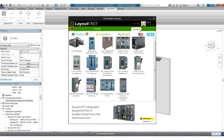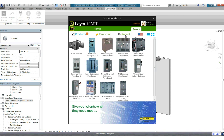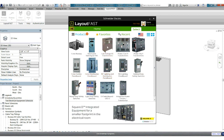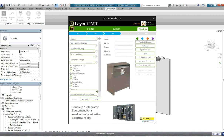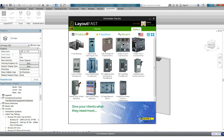The last button here is the Select tab, and in the Select tab you get all your products, and then we break it down to 3 different tabs below: your products, your favorites, and your recents. If you're in products and you click on any one of these thumbnails, you go straight into the design mode. If you click on favorites and you click on one of these objects,